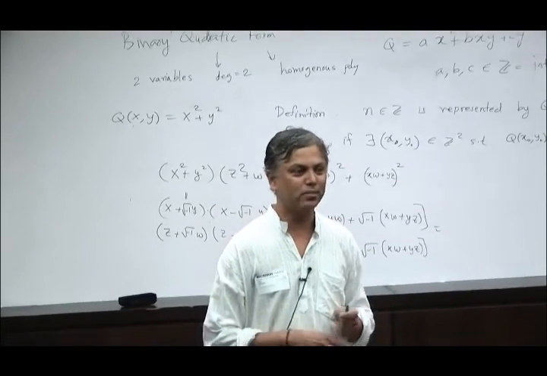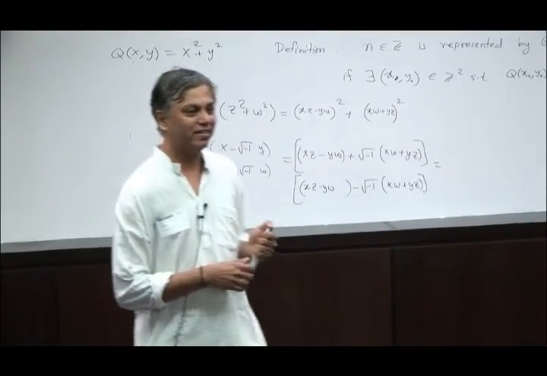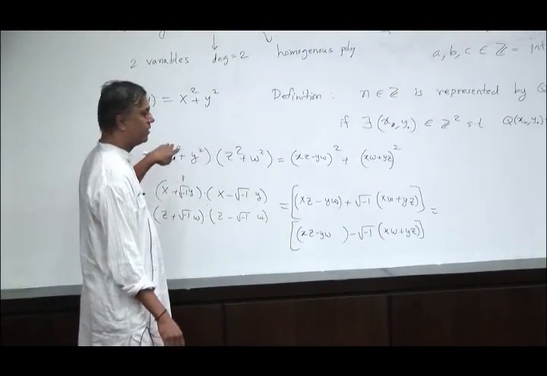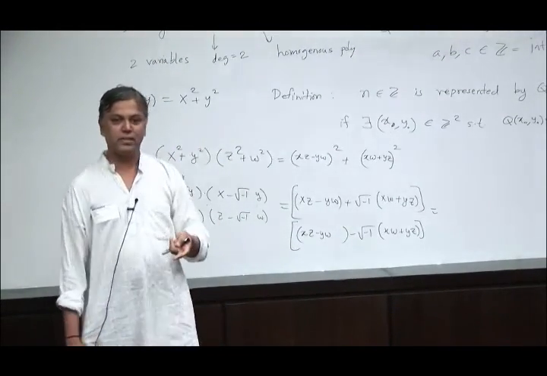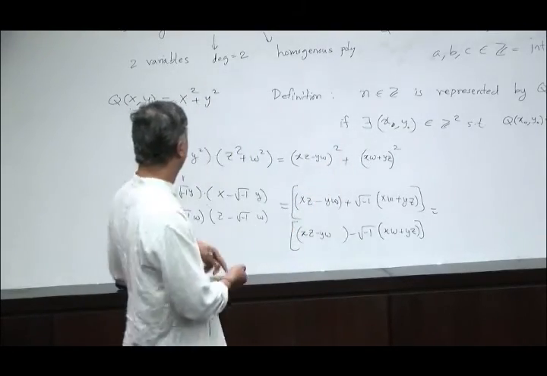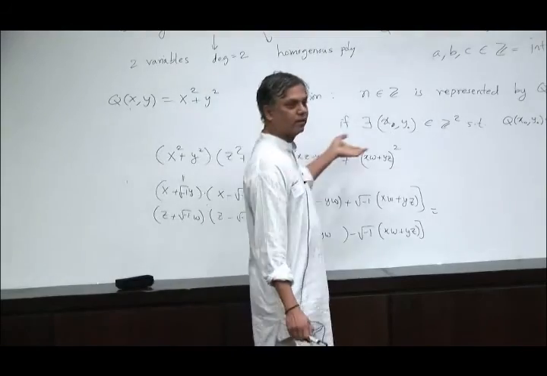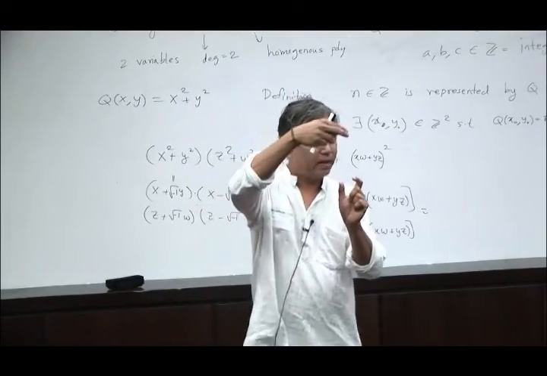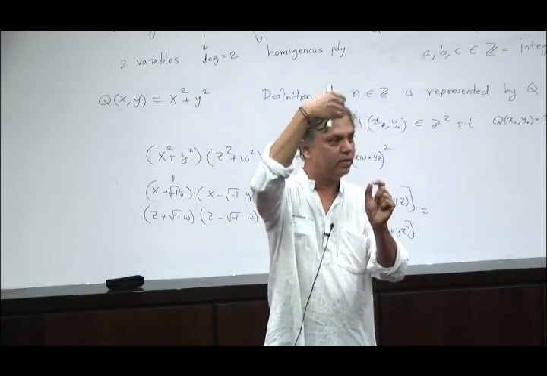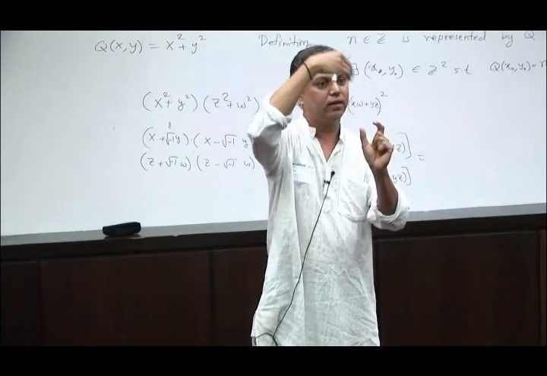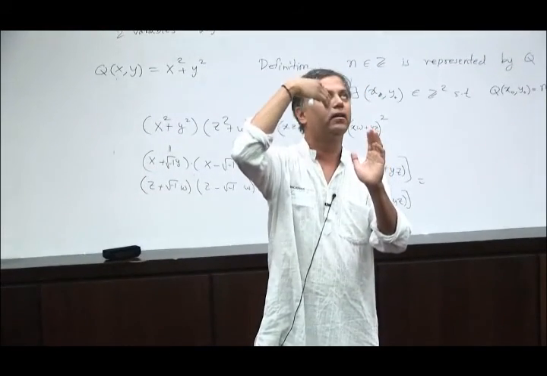So let's assume that n is small, so we can easily factor it. Then one can factor n into prime factors, and then each prime you represent as a sum of two squares, and then you do this multiple times, and then you can write any integer n if you can write each prime to the power as a sum of two squares. Now when there is a prime to the power, that power may be